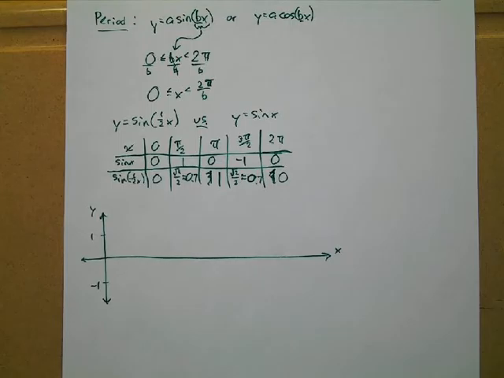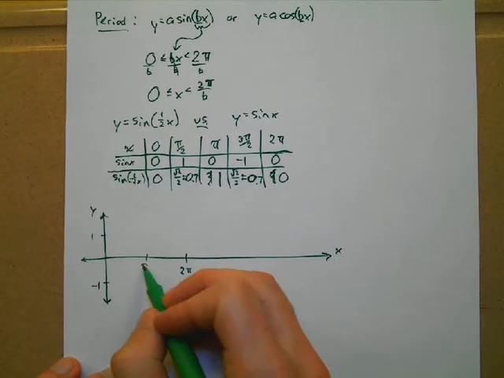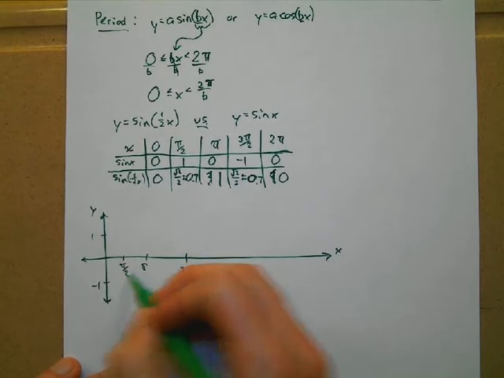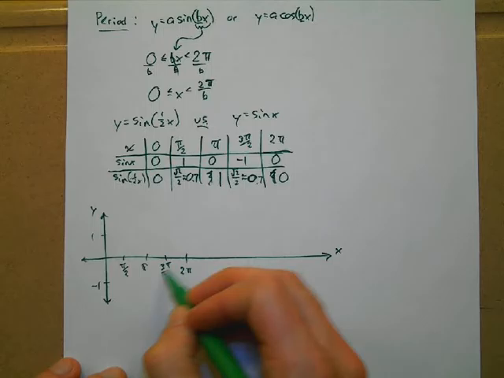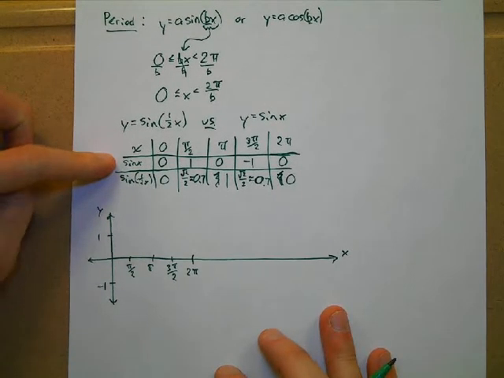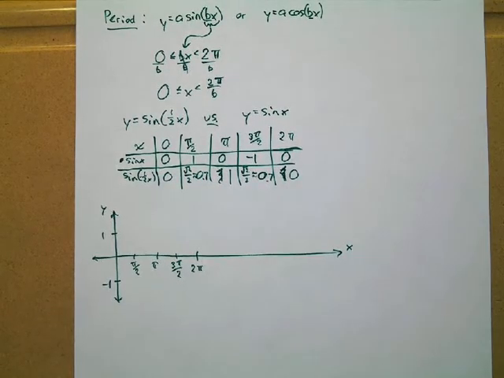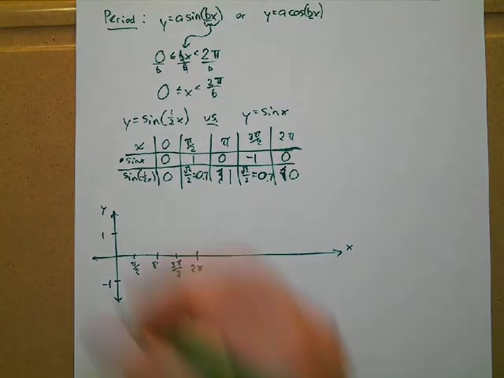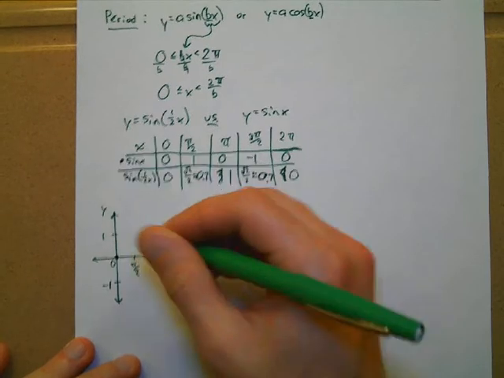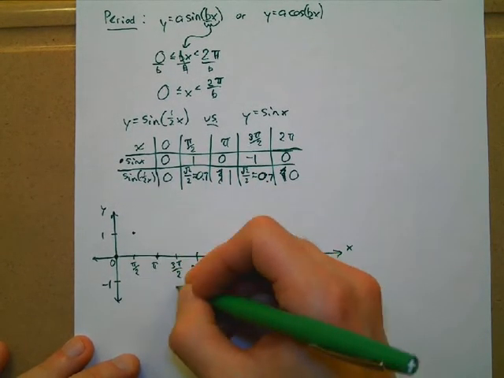So again, sine of 0 is 0, sine of pi over 2 is 1, sine of pi was 0, sine of 3 pi over 2 is -1, and then sine of 2 pi is 0. So again, there's sine of x, no surprises there, that's what we've been doing. But now if we look at sine of 1/2 x, which is in red,